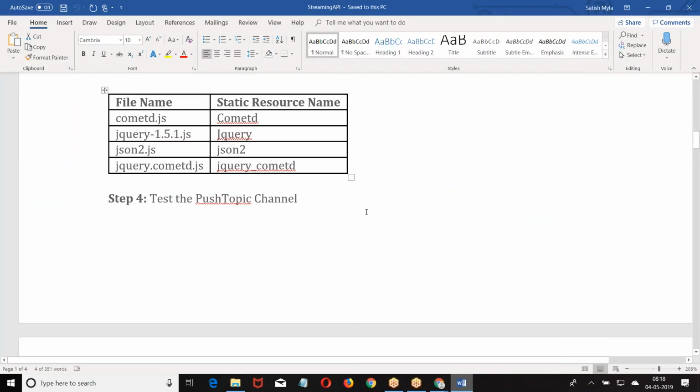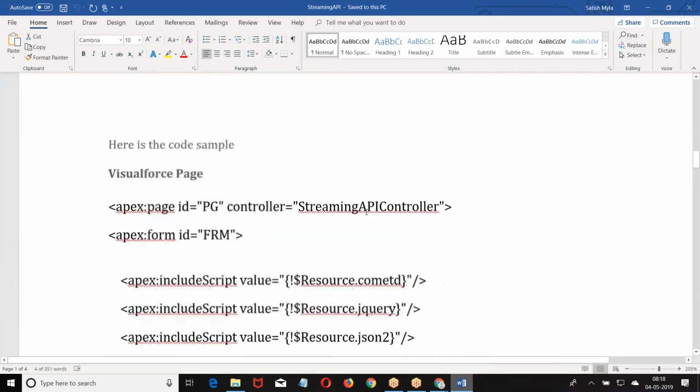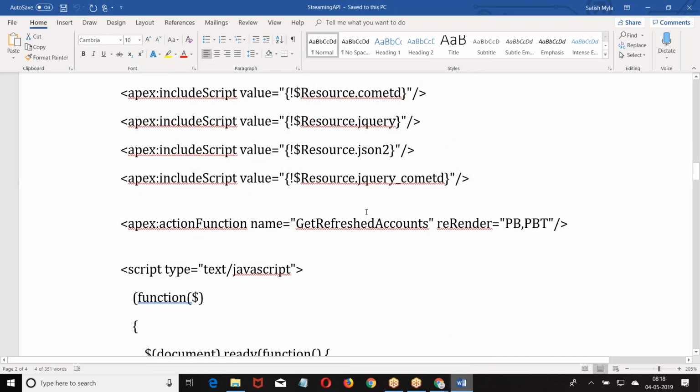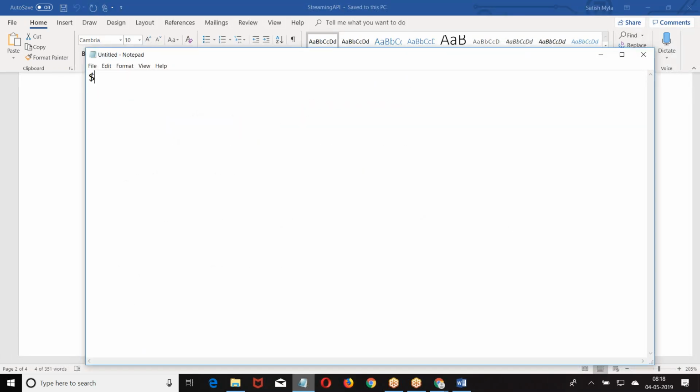In this example, as given in the documentation, I uploaded a single zip. Once you upload it, what do we do? Include it in the VF page. How do you include the static resource in the VF page? Include script value equal to $Resource.cometd. You know how to include the static resource, right? So if it is a single file, $Resource. If you uploaded a zip file, you kept all the files in the zip,